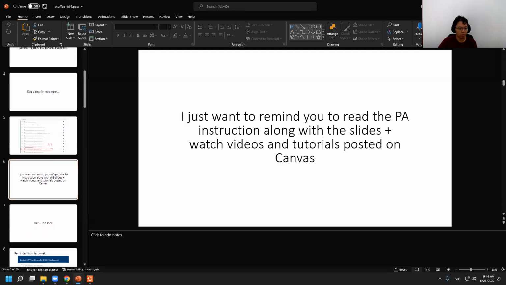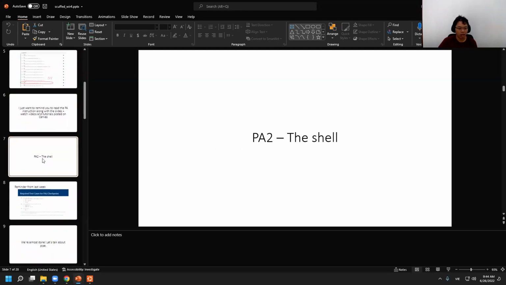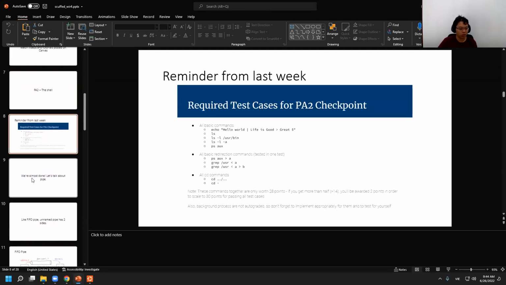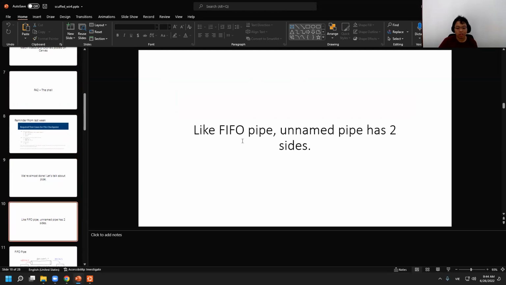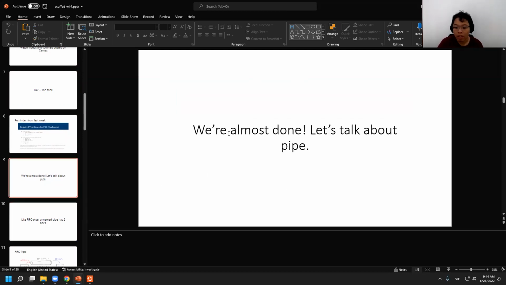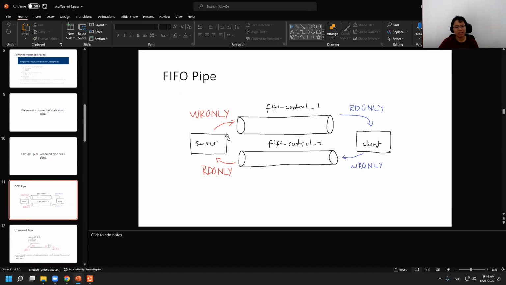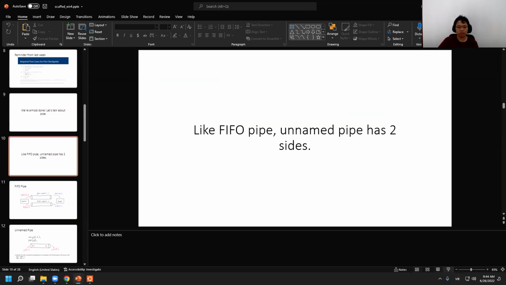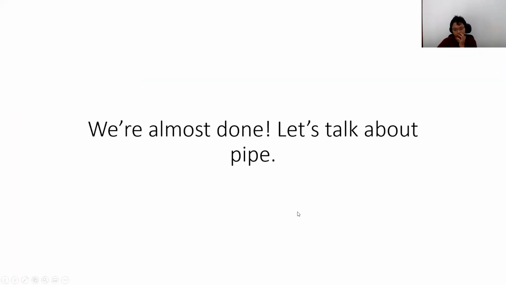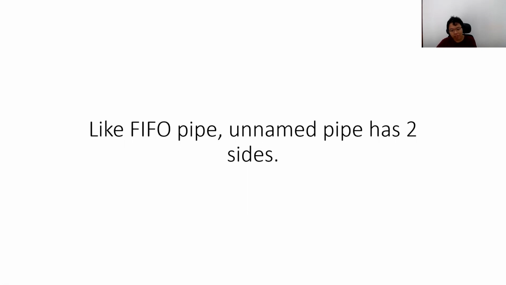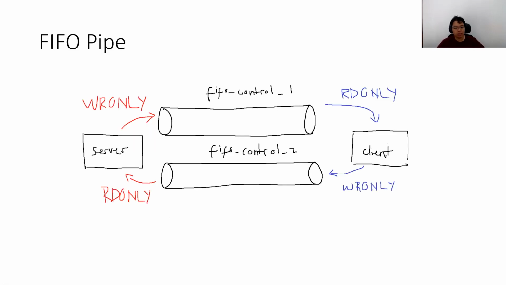So this is the last part, which is the pipe command. So what is a pipe command? Let's go in. Like a FIFO, a pipe command has 2 sides. So remember, this is a picture I drew. Sorry for the quality, it's not the best. But you can see that it has a write only